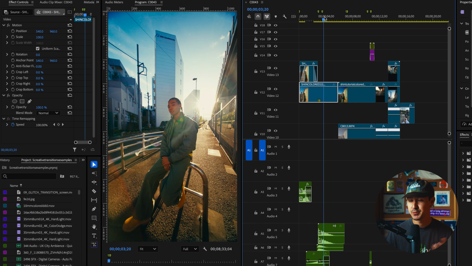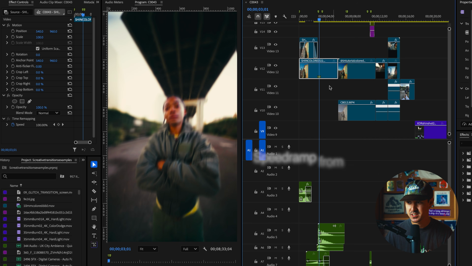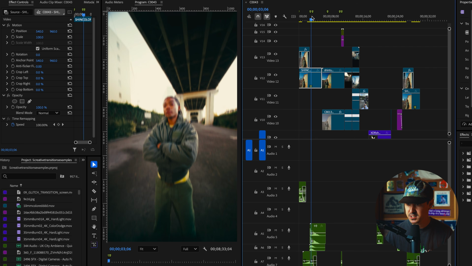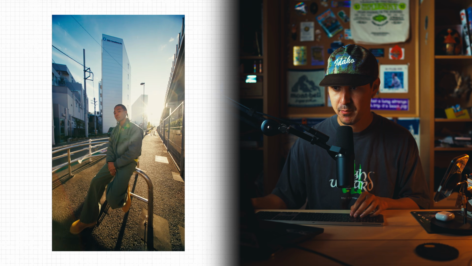And speed ramping is really simple. You just basically want to increase your speed from 100% to, let's say, like 1,000% over a few frames. So if we just go through this really slowly, if you remember, I walked backwards, I start my speed ramp, and I'm speed ramping into this next scene here, which is basically all it is just me walking past Shin